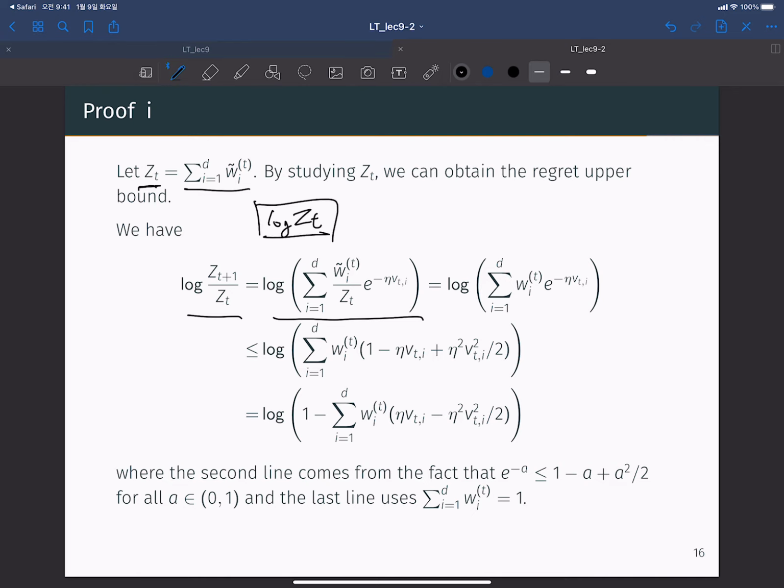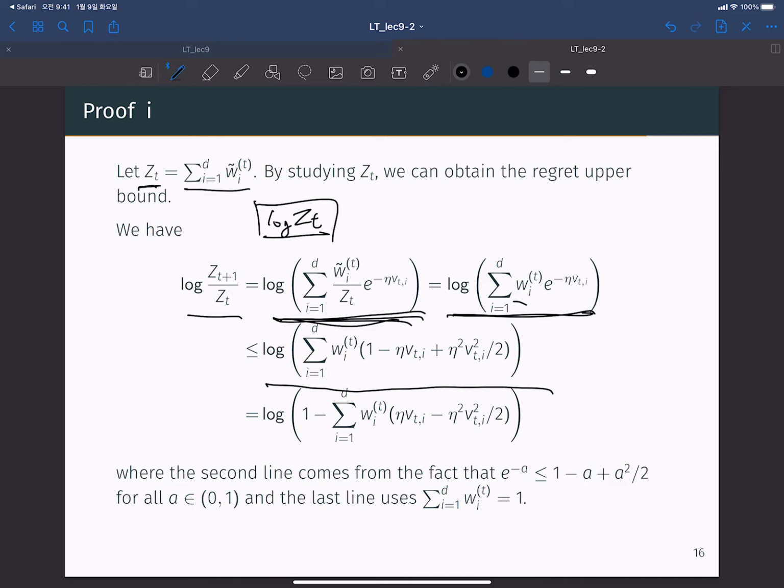So from the definition of Z_t, we know that Z_{t+1} over Z_t has this property, right? Because W tilde_t is updated as follows. W tilde_{t+1} is W tilde_t times exponential minus eta times the cost. And using the fact that W tilde over Z_t is equal to W_t, we can rewrite this as this. And this is upper bounded by this